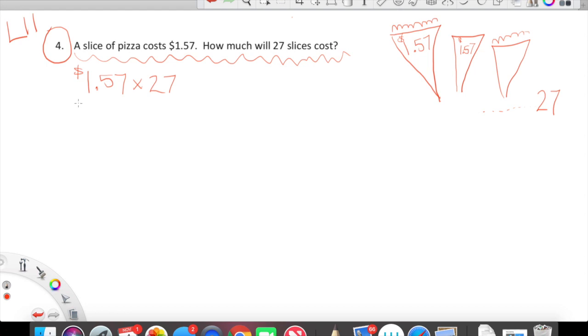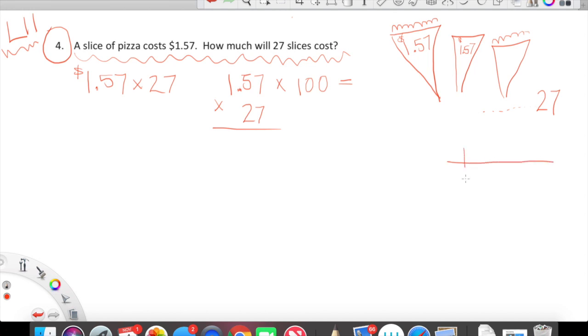Woohoo, thanks, bud. How are we going to use the strategies that we've been practicing in lesson 11 to figure out the total cost of this pizza? Well, here's how. We are going to temporarily change 1.57, don't panic on me. We're going to temporarily shift you out of decimal land and into whole number land. Here's how. It's not even going to hurt. We're going to multiply you by 100, because I see there are 2 place values to the right of the decimal. When I multiply $1.57 by 100,